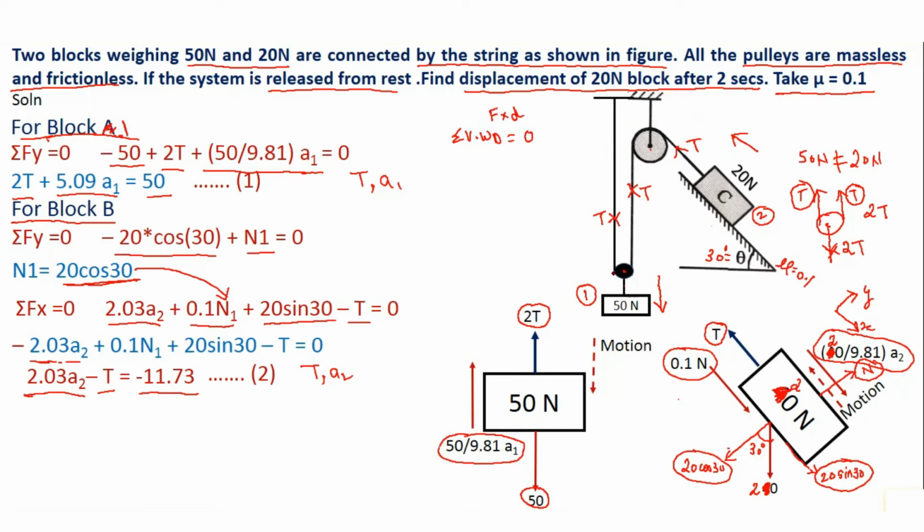So for body 1, the force on this body or the tension in this body is 2T. So I will write 2T in terms of force multiplied by displacement, force into displacement. Displacement for this block, let us assume that this block will be displaced by x1 units. So it will be multiplied by minus x1 because it is going downwards. So this completes work done by block A plus work done by this block of 20 Newton.